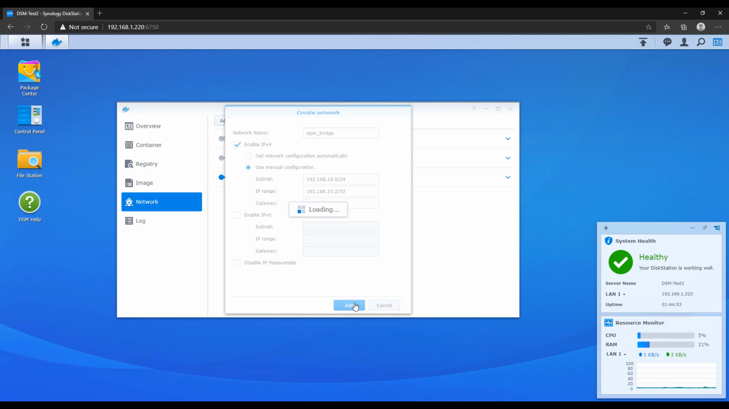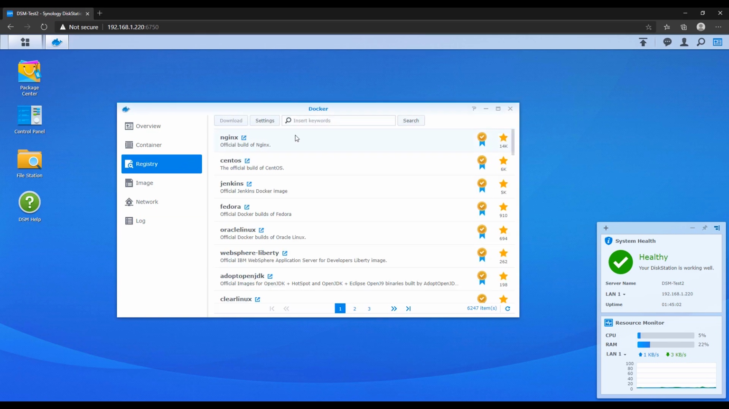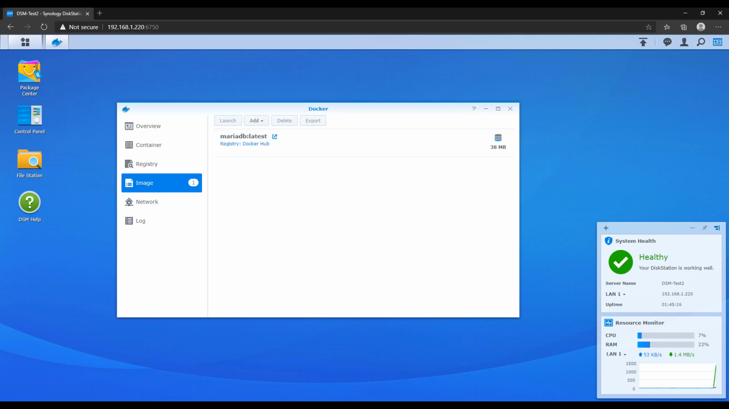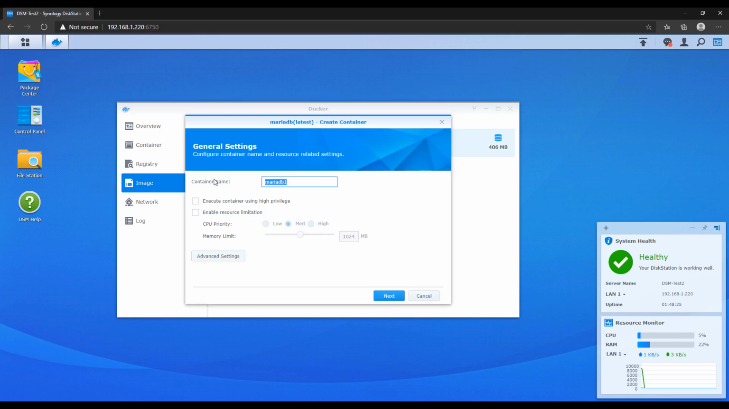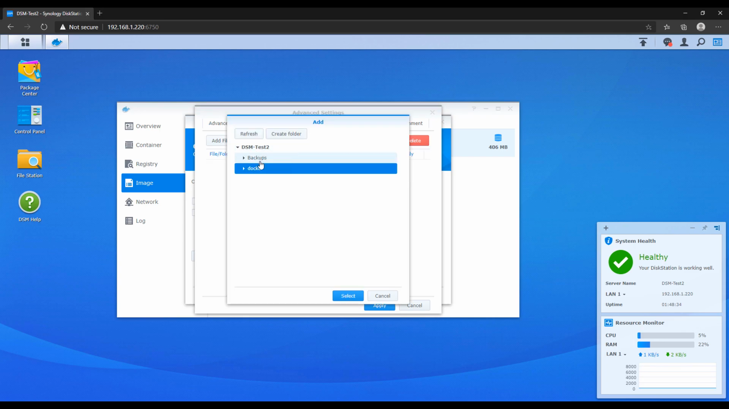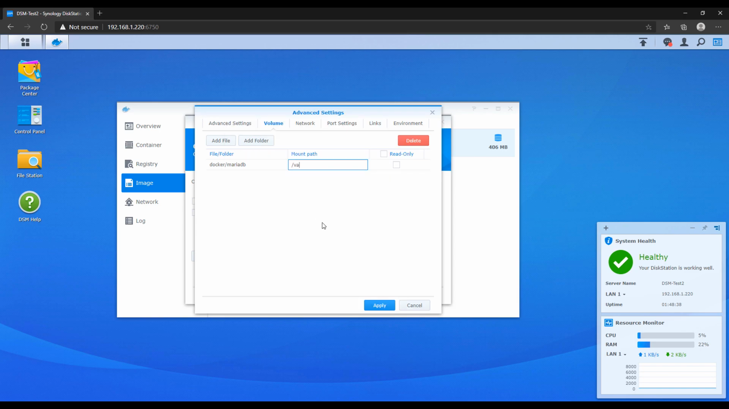You can navigate to the registry, search for MariaDB, and download the latest version of MariaDB. Once that's done downloading, you can double-click the image to launch the configuration. Give the container a name, go into the advanced settings and enable auto restart, and then you can select volume. Now what we're going to do here is map the folder that we created earlier, that MariaDB folder, to the mount path